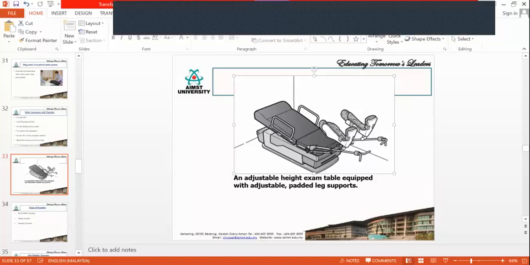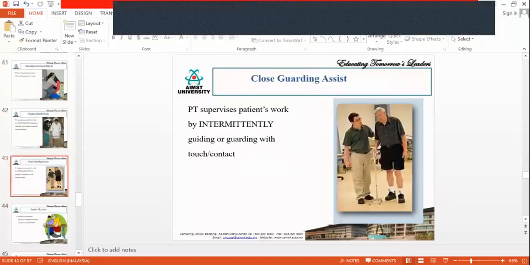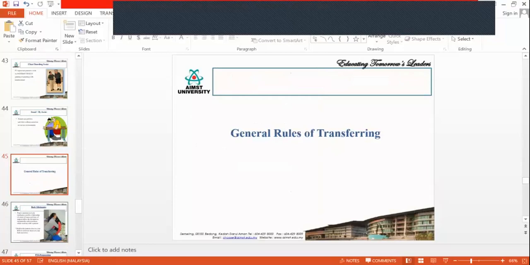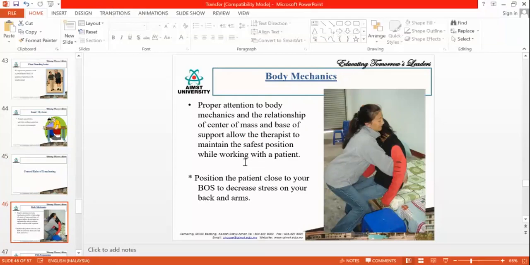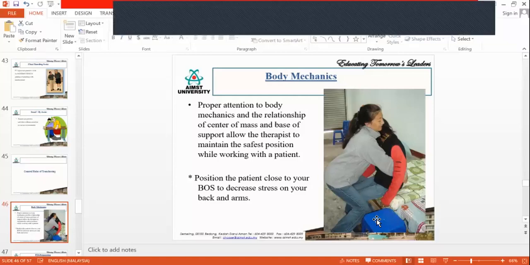Okay, so then we'll just quickly see what the body mechanism is, then we will come back. So this is the body mechanism. First thing is, you need to see whether your COG is balanced. That means the patient's center of gravity and your base of support, everything should be balanced. You need to stay as close to the patient as possible so that your base of support is broad enough to support the patient also. If you are standing away from the patient and lifting, your base of support will be smaller and the patient will be outside the base of support.